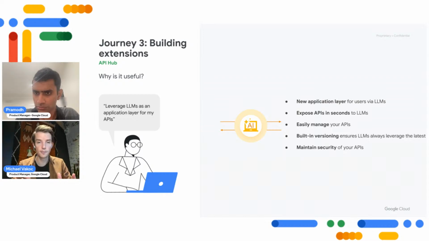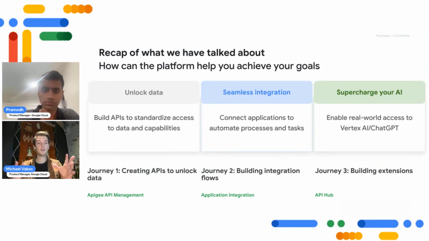through this new channel. With that being said, I'm going to take a little step back here and recap what we just talked about. It's been a lot. We have shown you a lot of great demos. We have talked about a lot of good reasons why and how we are making Gen AI available for your businesses and for you. Let's talk about it from the start. We talked about how you can unlock data by building APIs and how Apigee API Management is making that easier for you, how you can really quickly create APIs to access the data.